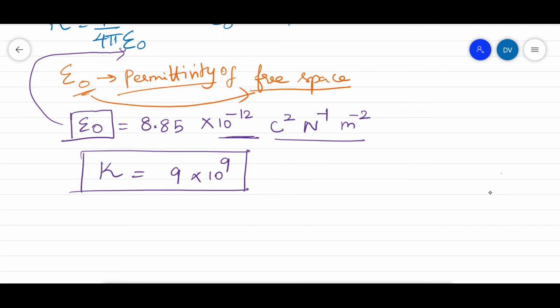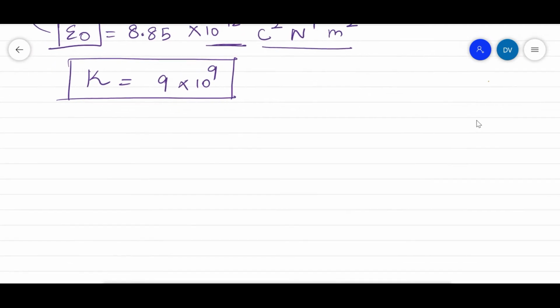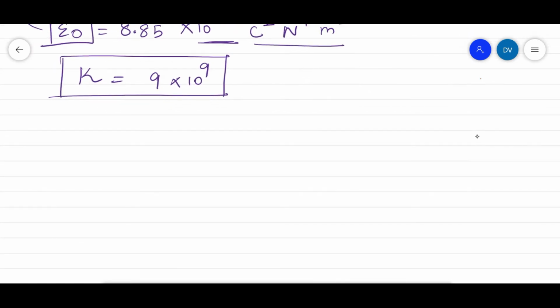After this, we are going to assume certain things and try to find what is the force experienced if the charge is 1 coulomb. Whatever charges we are considering are 1 coulomb, what is the amount of force experienced? That is what we are trying to find here. So Q1 and Q2 I am considering as 1 coulomb, and the distance between them is also 1 meter.